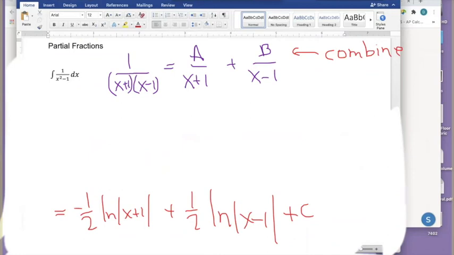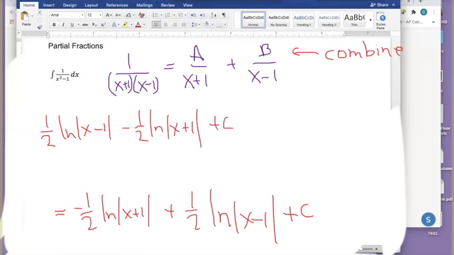It's a little easier to see if I rearrange this. So let me write it as 1/2 the ln of x minus 1 minus 1/2 the ln of x plus 1 plus c. And there's a property of logarithms such that if you have the ln of a minus the ln